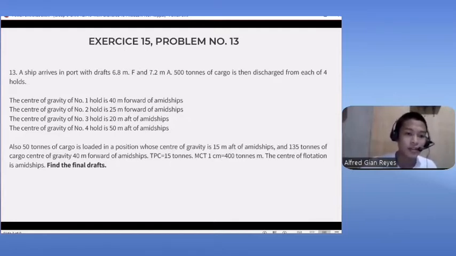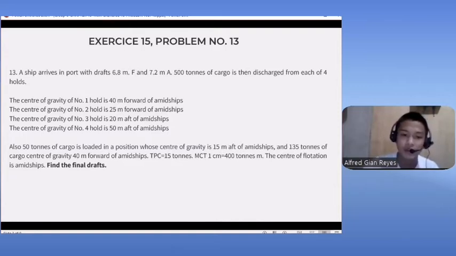The center of gravity of number 1 hold is 40 meters forward of amidships. The center of gravity of number 2 hold is 25 meters forward of amidships. The center of gravity of number 3 hold is 20 meters aft of amidships. The center of gravity of number 4 hold is 50 meters aft of amidships. Also, 50 tons of cargo is loaded in a position whose center of gravity is 15 meters aft of amidships,